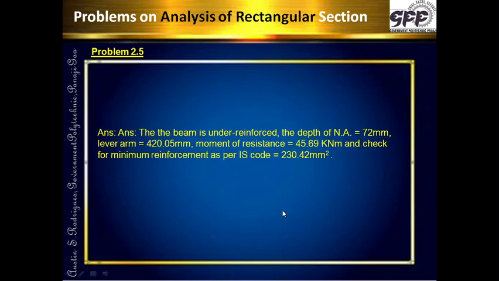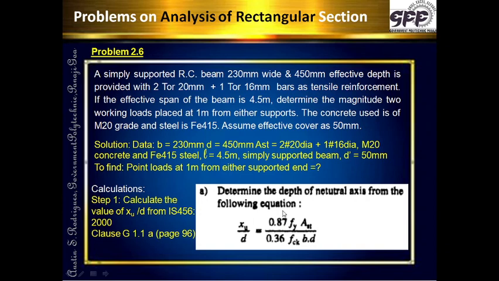So now we will see another type of problem, the third type of problem in this case. We have seen the underimposed beam, we have seen the balanced section, we have seen when the superimposed load is supposed to be permitted, the point load is supposed to be permitted, and now we will see another type of problem over here which can be asked.